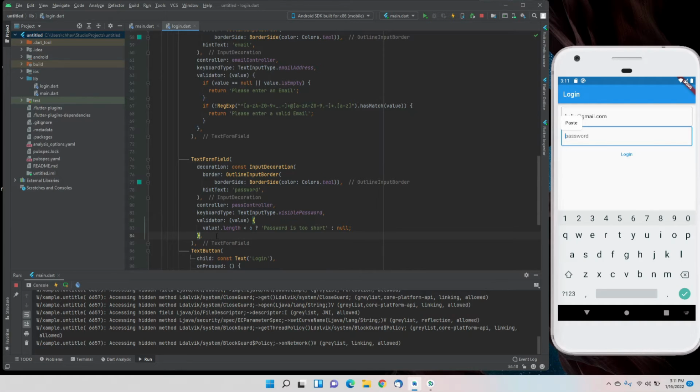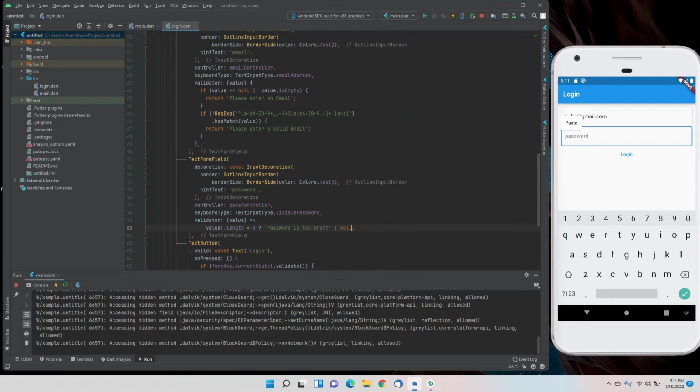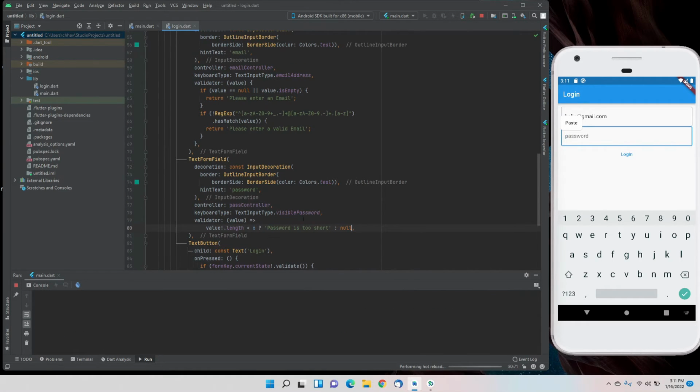Okay, here it should not be in curly braces but actually an arrow. So we'll change that. We'll remove the curly braces and add the arrow, and the semicolon will be removed. Yes, now it should work. Let's see. And yes, it works.